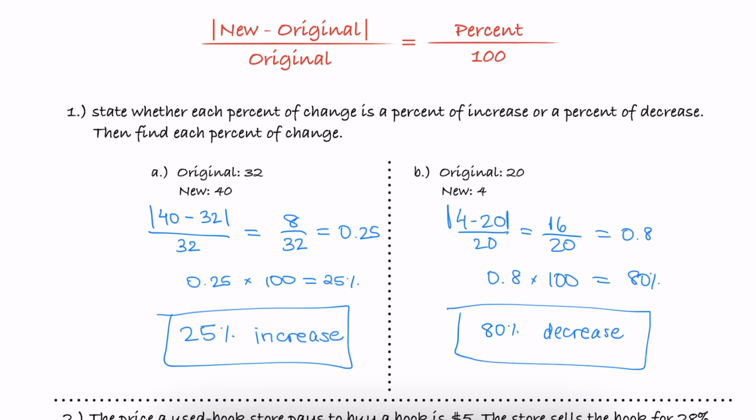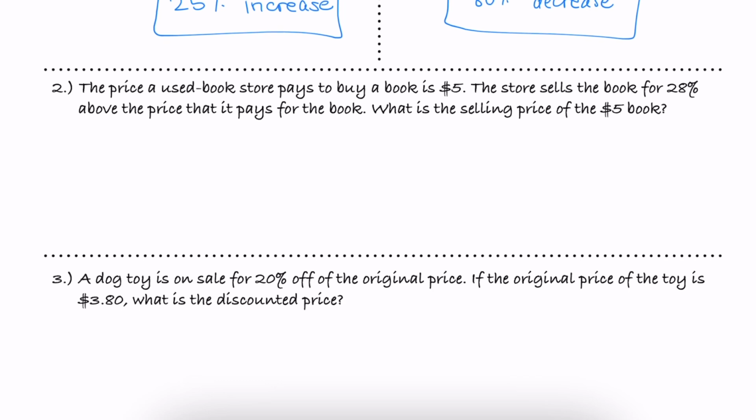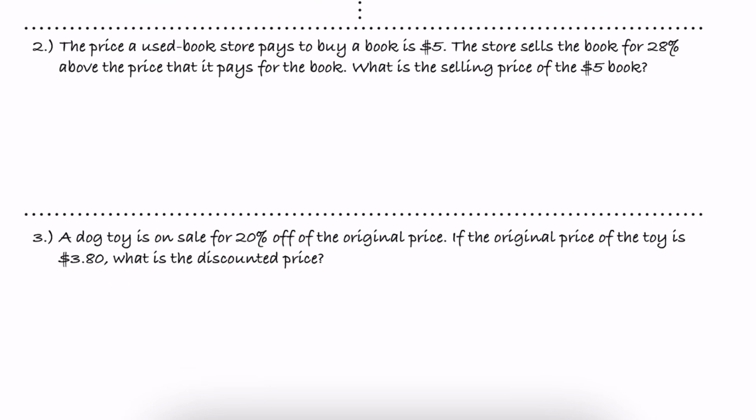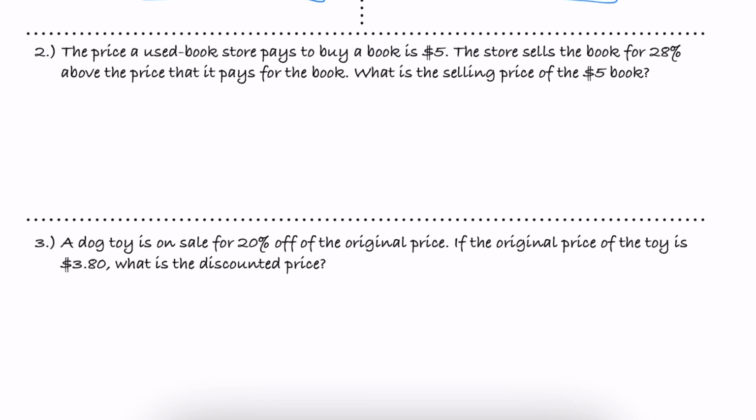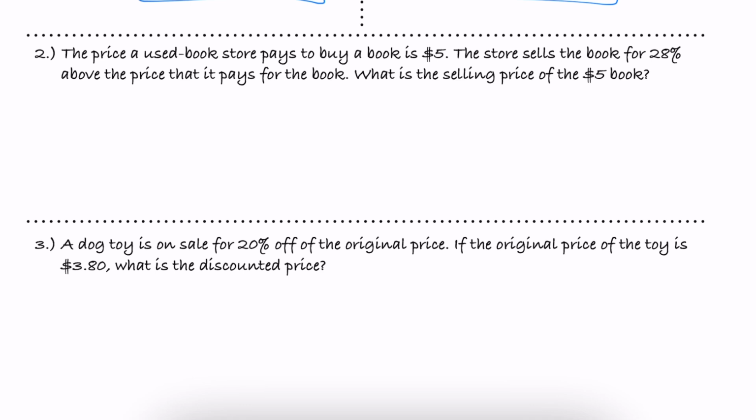Now let's try a couple word problems. We're given that the price that a used bookstore pays to buy a book is $5. The store sells the book for 28% above the price that it pays for the book. What is the selling price of the $5 book? So because it's 28% above the price that it pays, it'll be the $5 plus